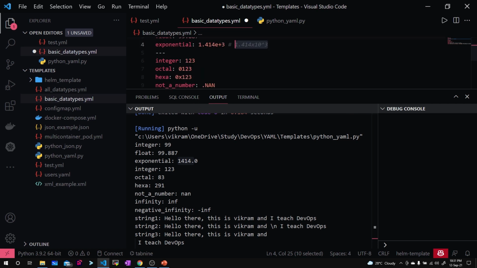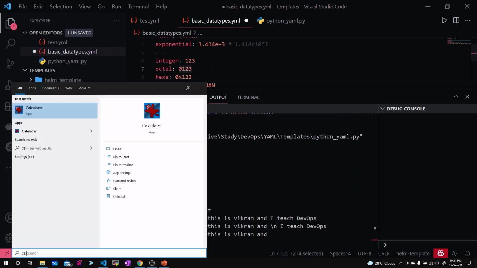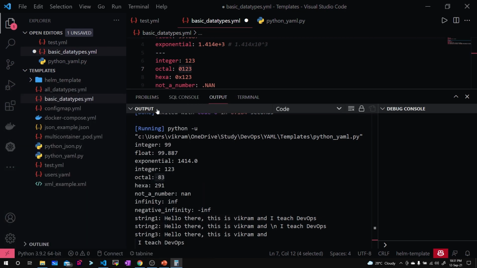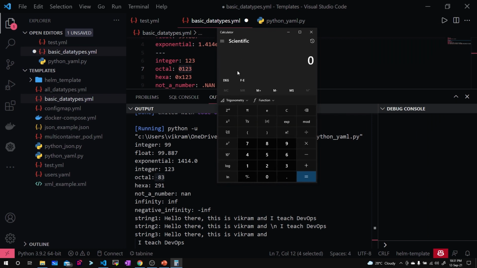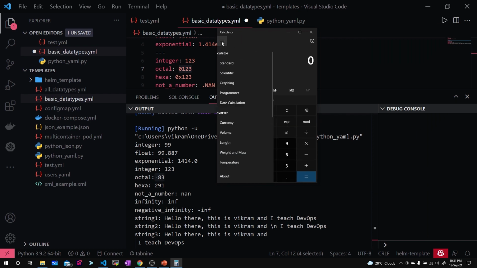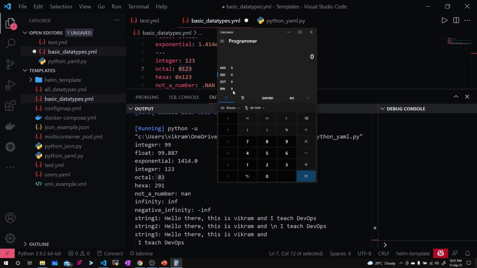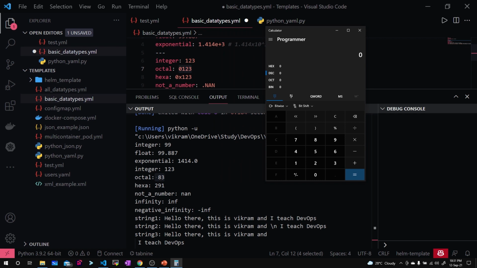And then coming to the other thing, the integer 123 is mentioned, and here octal 0123 is nothing but the value 83. If you are not sure, you can just open the calculator. I think you should go to the scientific calculator of Windows. Then not scientific, yeah, the programmer's calculator. Then for octal 0123, if you see the octal part,